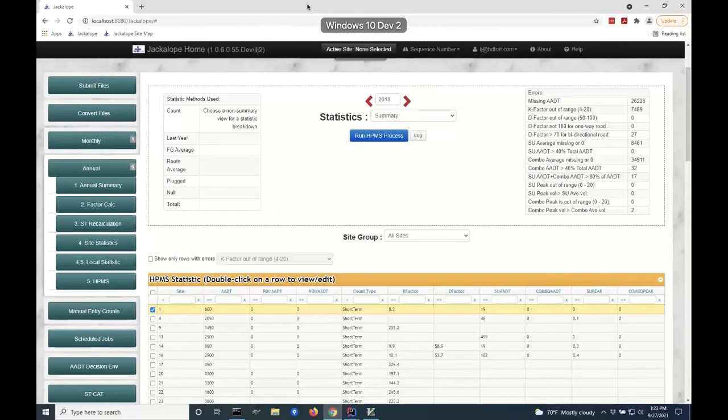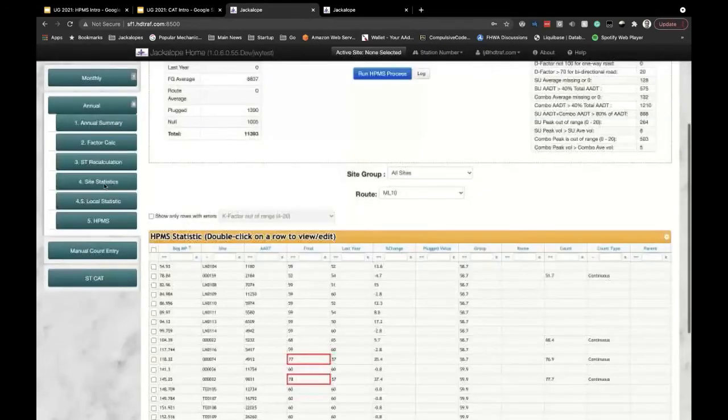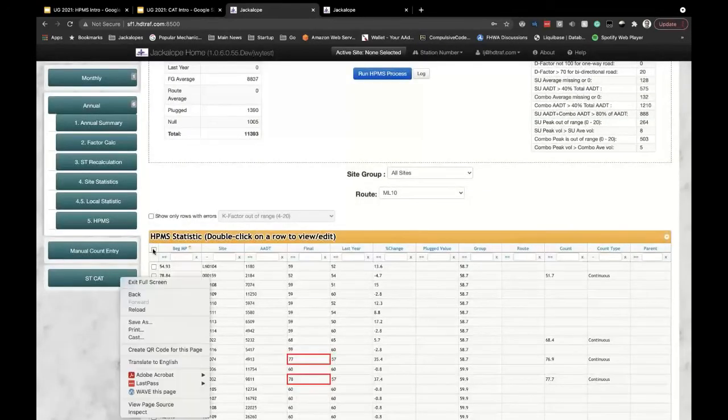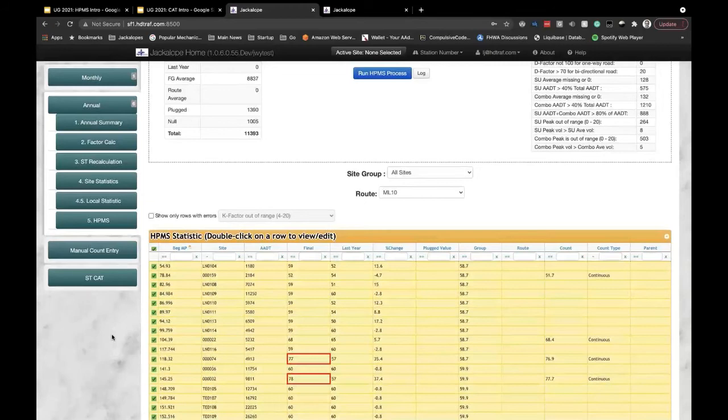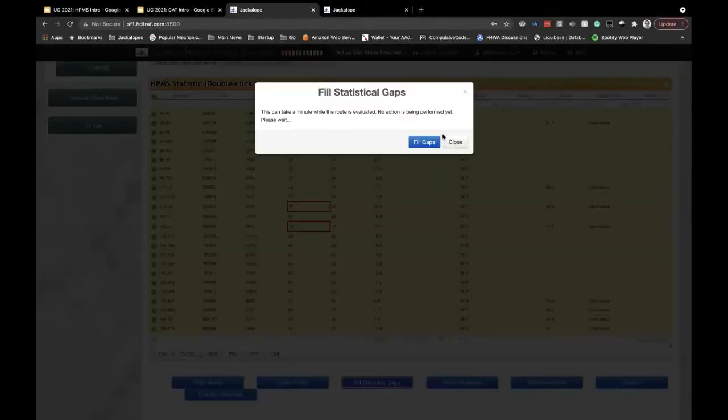I'm going to try to do this. It may or may not work. So basically, if you select everything, we have a function in there that Chad wanted us to do, which was pretty cool, which allows you to fill statistical gaps. There aren't any here, but you can override existing data. So basically, to fill statistical gaps,